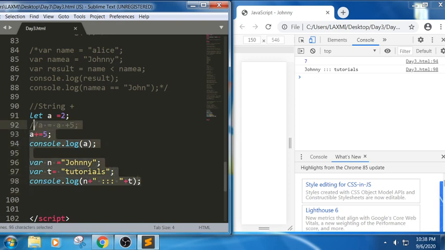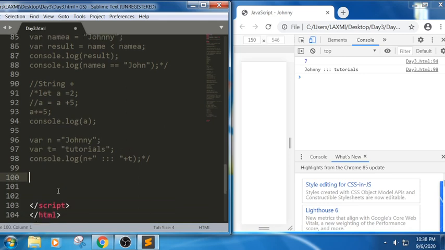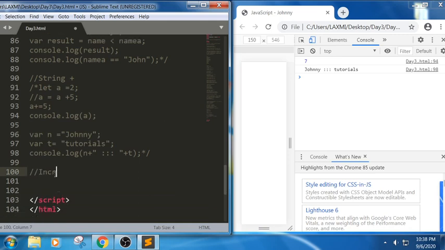Now let us see an example for increment or decrement operators. Increment and decrement operators are generally denoted using plus plus or minus minus. Minus minus means decrement, plus plus means increment.